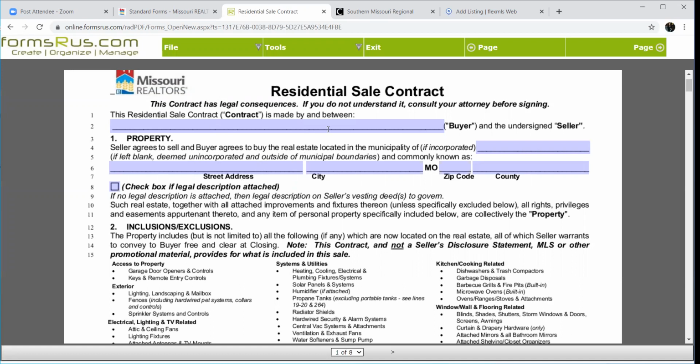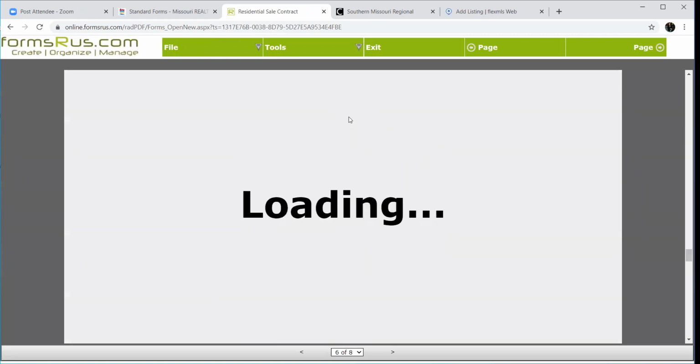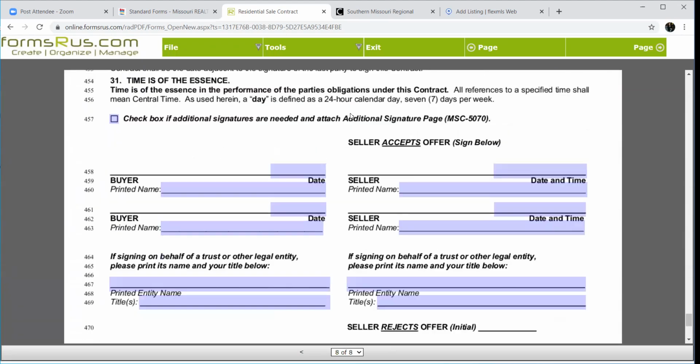Buyer's name goes here as far as we're making an offer. Now you're going to have some buyers that are going to say, well, there's no seller's name on there, and I'm not making an offer without a seller's name on there. Well, you can come all the way back down here to the bottom. If they're hard, fast, and set on having a seller's name on it, you can bring them back here to the end and you can print the seller's name right here.